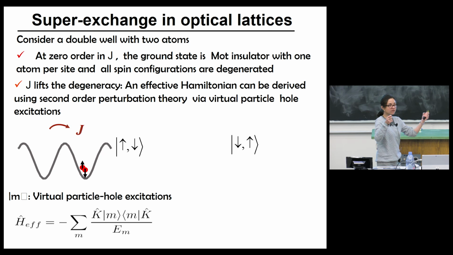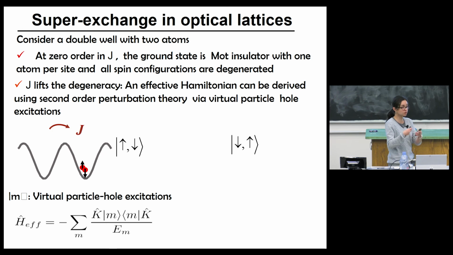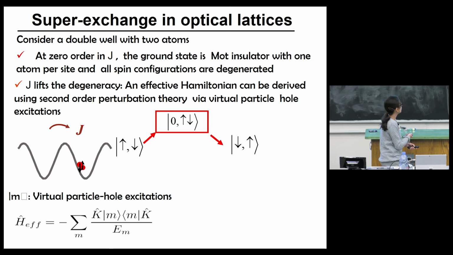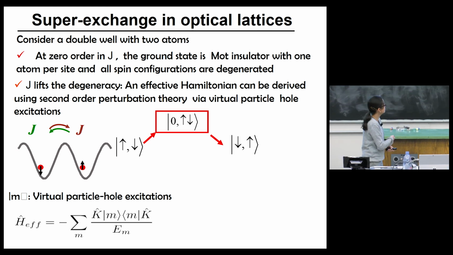As one atom tunnels from one lattice site to the other lattice site, it has an energy cost U for tunneling. Therefore, it costs so much energy that it can only be a virtual process. It's just perturbation theory. So the atoms are going to go back, because remaining with two atoms on one site costs too much energy. That means we are creating the possibility that one configuration, up-down, goes into the configuration with two atoms on the same site, and then by tunneling back, we have a coupling matrix element